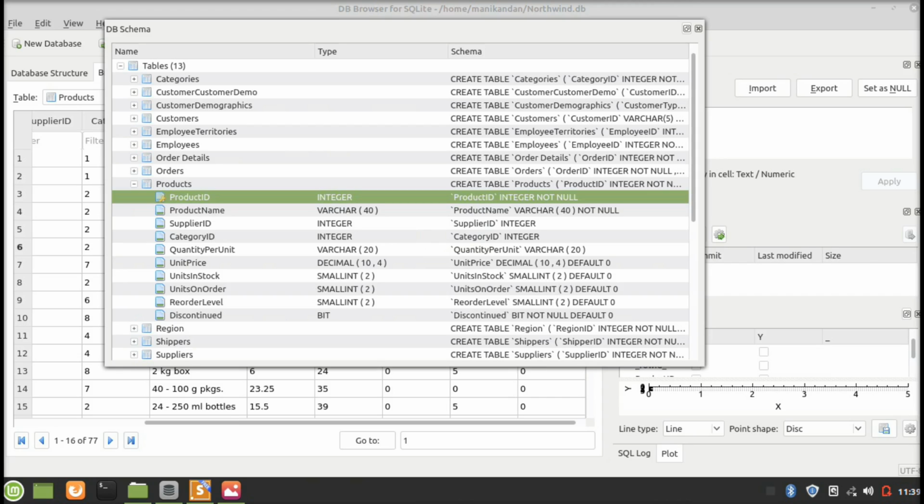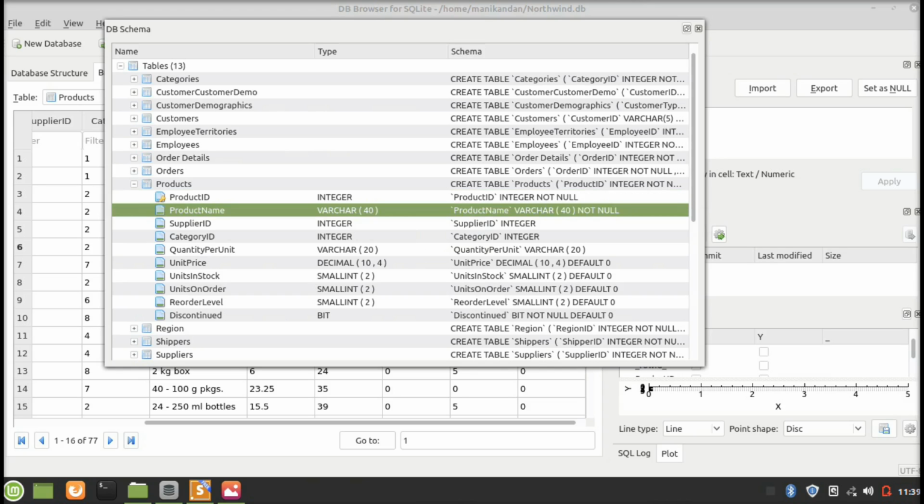The product ID is an integer data type, and this product ID should not contain any null value, so we mentioned here not null. The product name is a variable character, and this is also not null. The supplier ID and the category ID are the foreign keys from the two different tables of supplier and category. Both are integer data types.